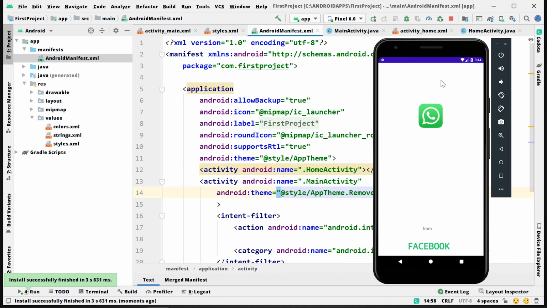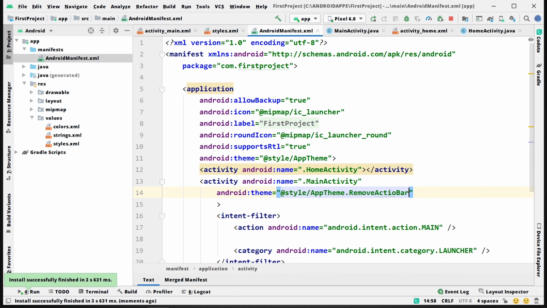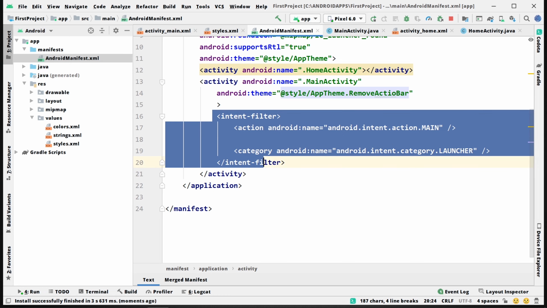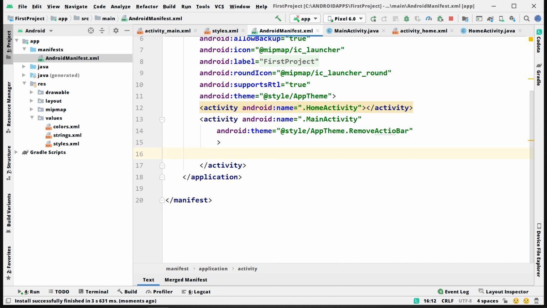But in order to check, we need to open the second activity. For that I'm going to change the intent filter and keep it on the home activity.